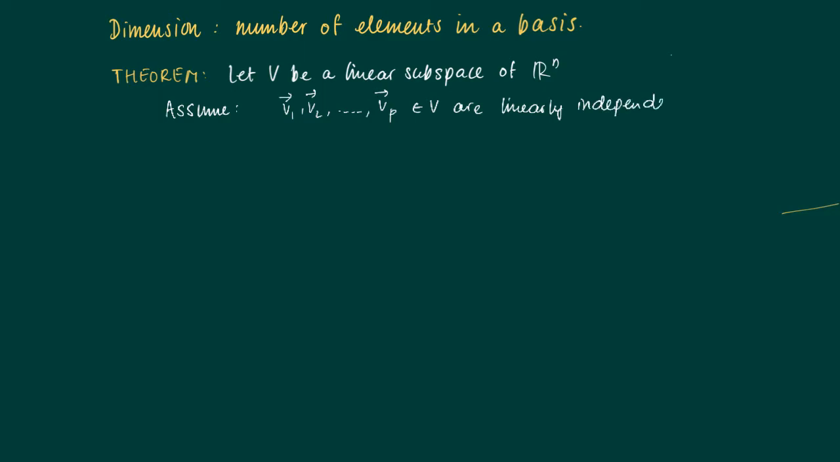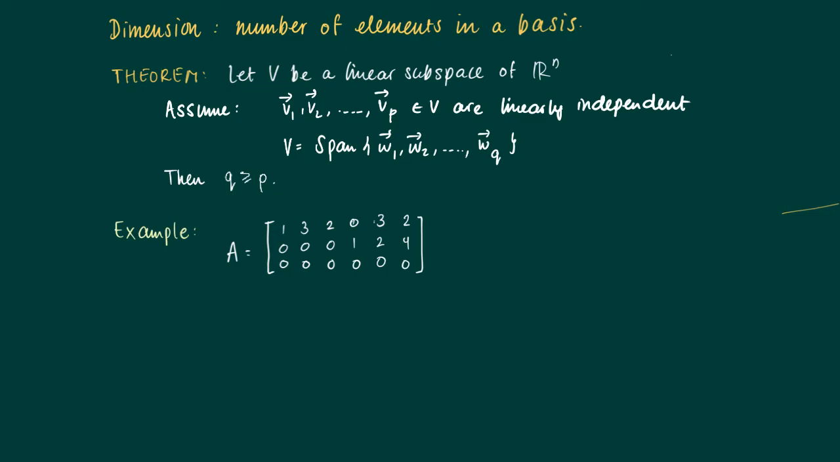And moreover, that V is spanned by Q vectors W1, W2 until WQ. Can we relate P to Q? Well, this theorem says that we need at least as many vectors to span a subspace than we can find as linear independent vectors. So consider, for instance, this matrix A,